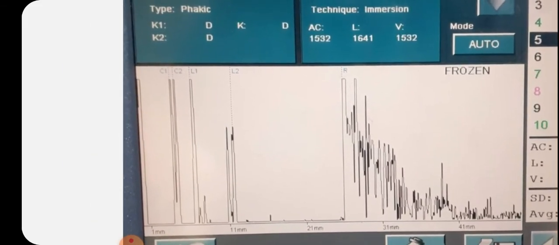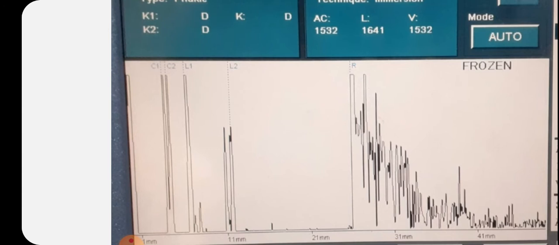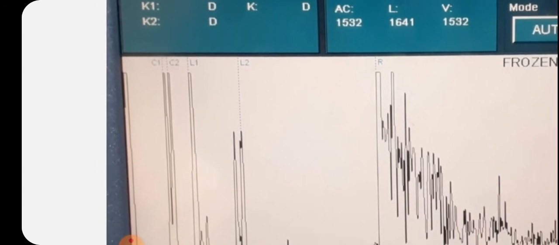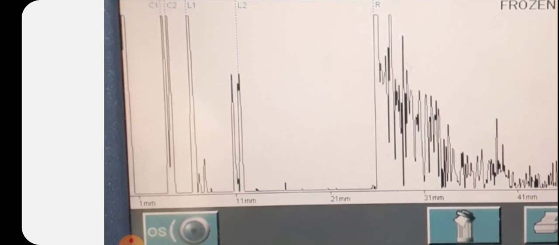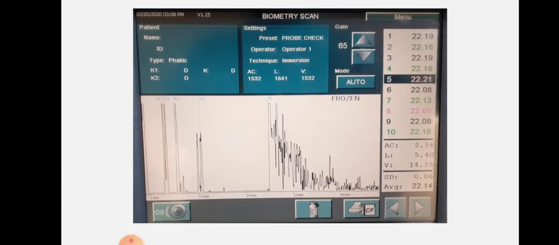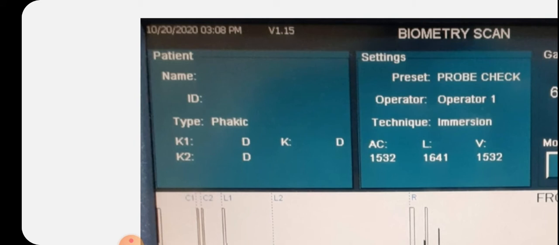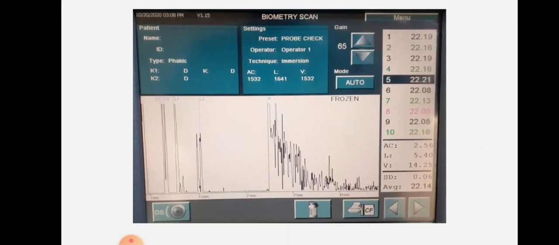At first we can see the probe spike, and after that C1 and C2, the corneal anterior and corneal posterior spikes, and after that L1 and L2, the lens anterior and lens posterior, and after that the retina, denoted by R. Here you can also see that the type is mentioned as a phakic eye. We need to mention whether it is a phakic eye, an aphakic eye, or a pseudophakic eye, because in every eye the sound beam needs to travel in a different